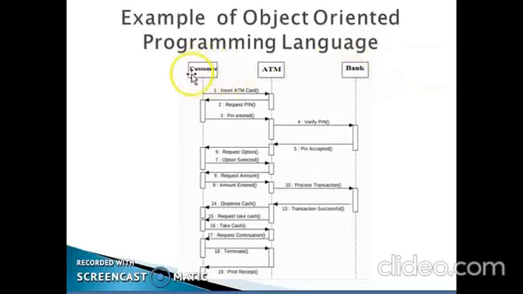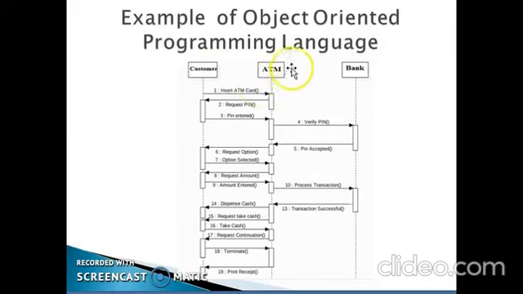Each object will have a set of data members and a set of member functions. What are data members? Data members are features of this object. And what are member functions? They are the functionality of this object. So what are the features of the customer object? Customer has an account number, he has a balance associated with it, right?